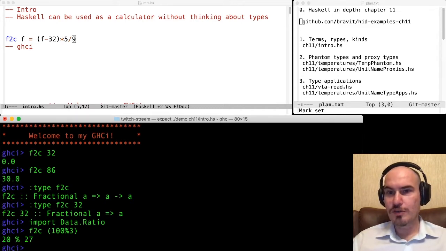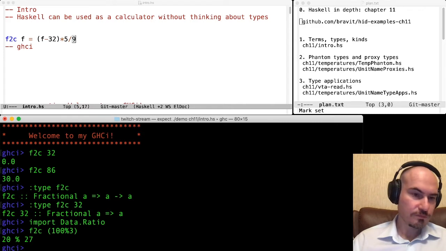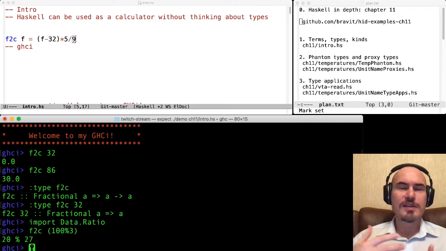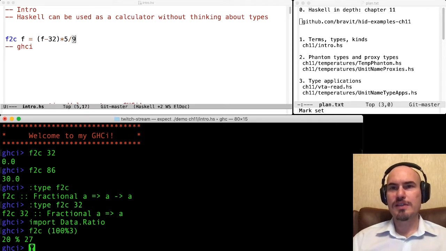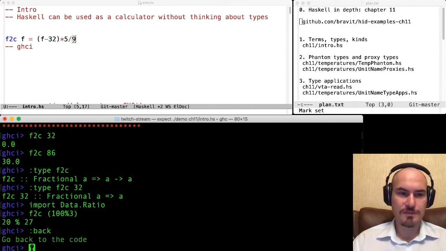Now it's not a floating point number, it's a ratio, but this function works for ratios either. So this is the result of type checking and type inference, and one of the simplest things in the Haskell type system. So we can use one function polymorphically with different types, like integers, ratios, that's it.